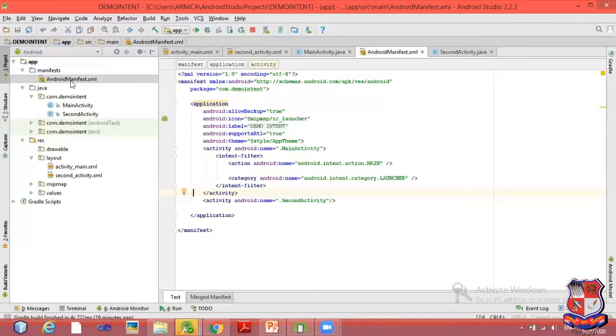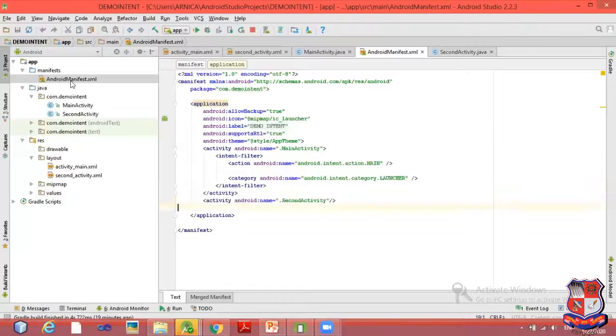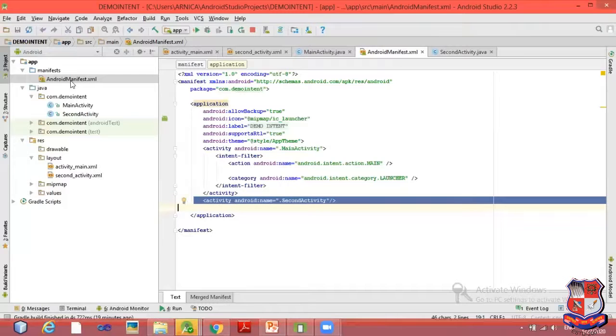If you are not registering that, your second activity will not be able to be called. There will be a null pointer exception if you don't do this. So to register that activity, you need to write android:name and the name of that activity.